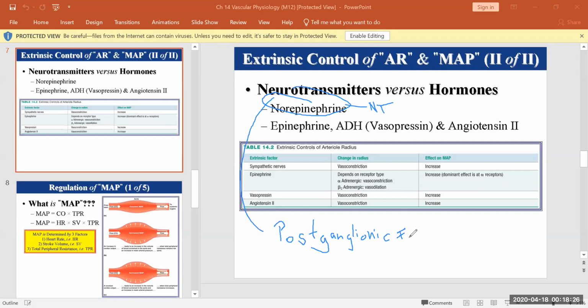Meaning, it is released by axon terminals that belong to the postganglionic neurons, right? And these postganglionic neurons belong to the sympathetic division of the autonomic nervous system. So they release this type of neurotransmitter called norepinephrine or noradrenaline, into a